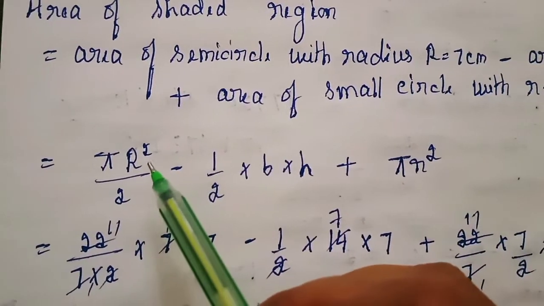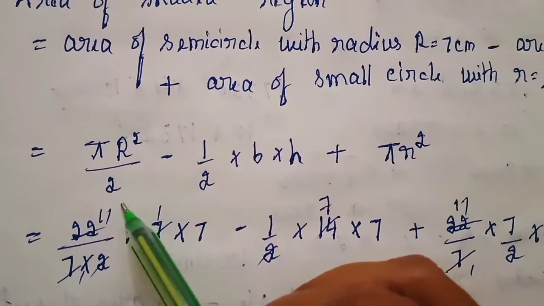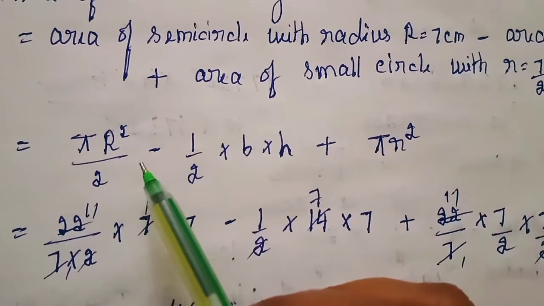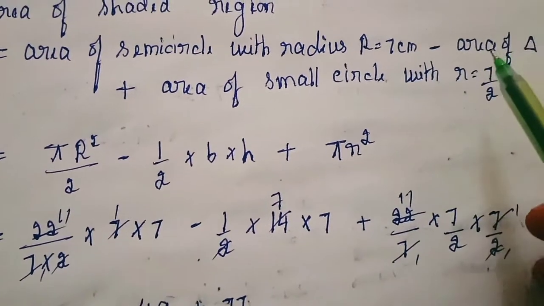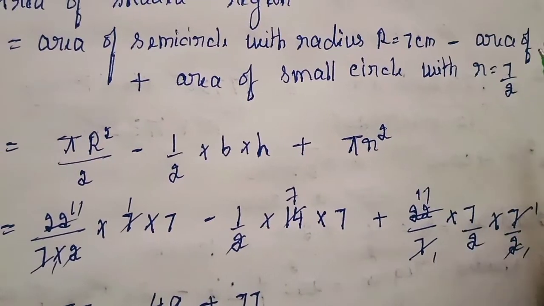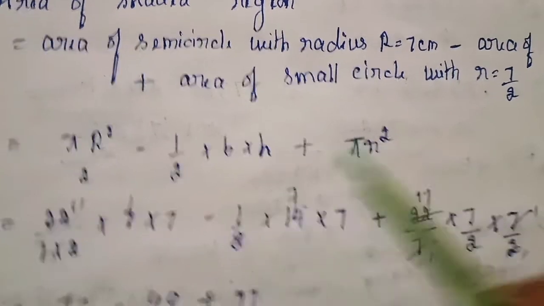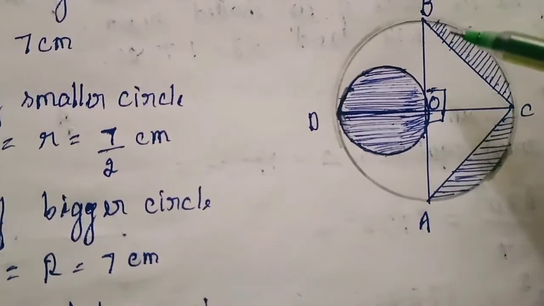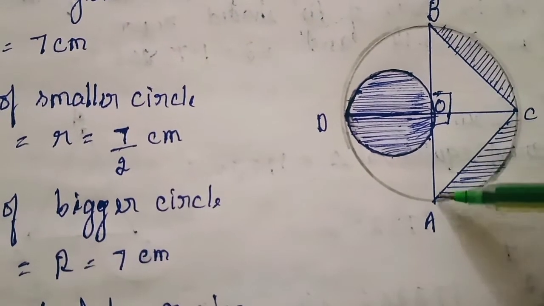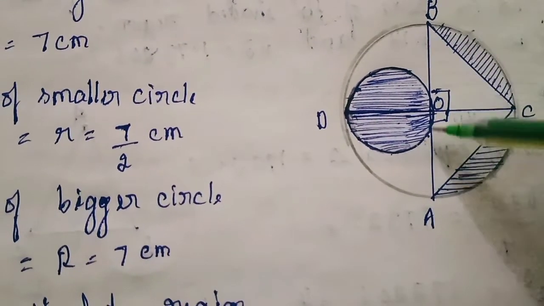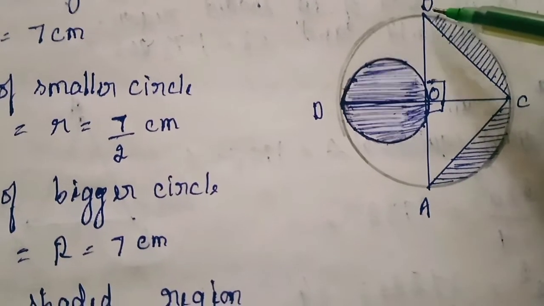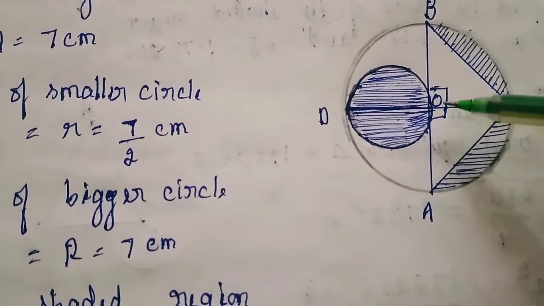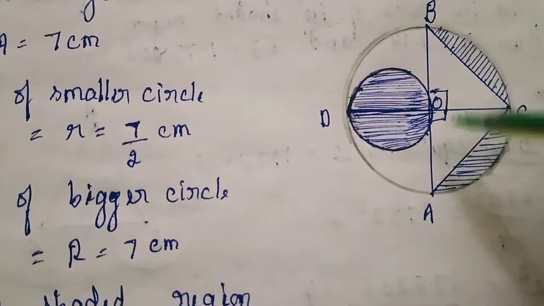Now as you know, area of semicircle is pi R square by 2 because it is the bigger radius, so take it as capital R, minus half into base into height. Why am I taking the area of triangle as half into base into height? What is base and what is height? Observe once. You can see that in this triangle AB becomes the base, that is the diameter becomes the base. So what is the diameter calculation? OA is 7 and OB is 7. So 7 plus 7 is what?